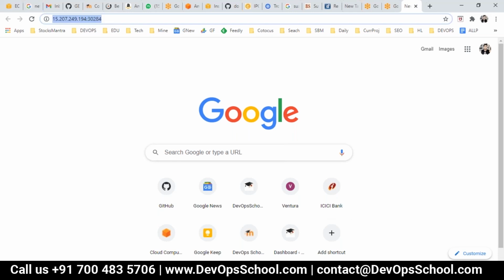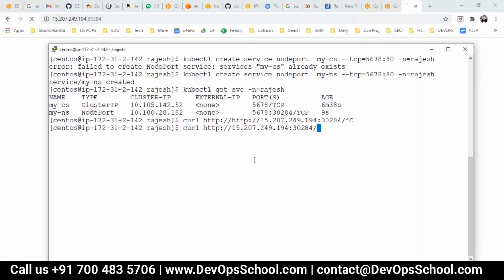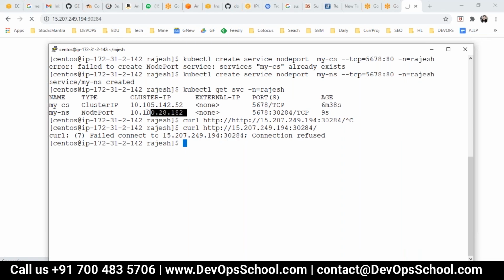Why is nothing coming? See here, I'm hitting 30284 and nothing comes. Why? Remember, because this load balancer is created, it's redirecting to this particular port number, but in this you have nothing actually.